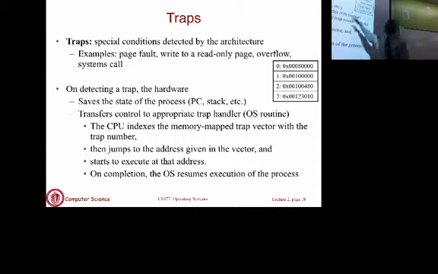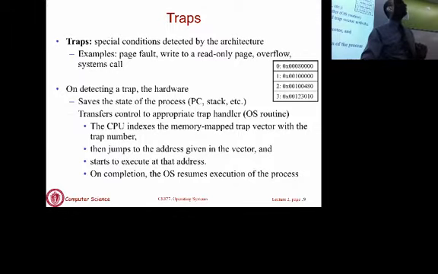Okay? So save the state of the process, execute the trap, resume execution of the process in most cases, or if the process is terminated, you don't do that step. Okay? That's how traps work. The hardware feature that enables all of this is the implementation of the trap, which is a special kind of interrupt, and the implementation of a trap vector that allows you to quickly figure out which part of the kernel has code to handle that trap.